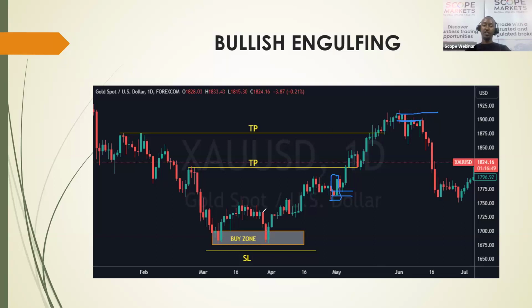So if you're in your buy from this level, or maybe even in this level, once you see this type of pattern here, it means that now you need to take your profits, because the market is doing what? It's reversing. So you take your profits, and maybe if you have not attained your daily targets, now you can trade what? The bearish engulfing. If you have attained your daily targets, then you can just watch it, or you can place it in a demo